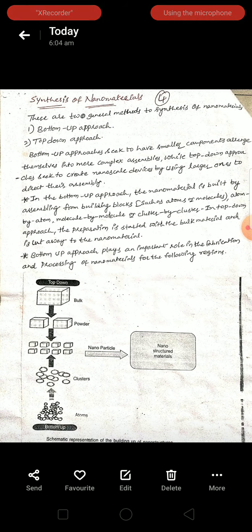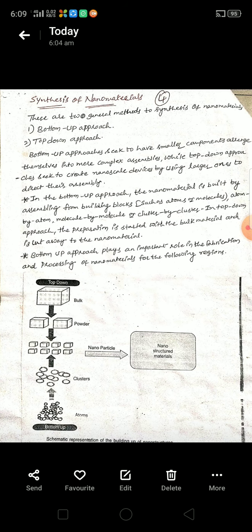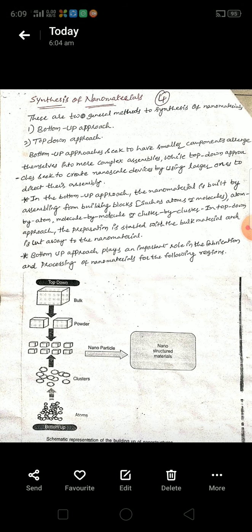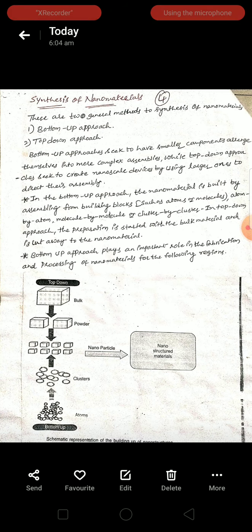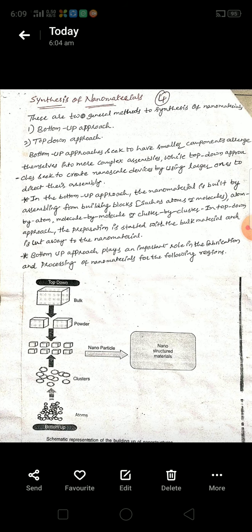Nano is derived from the Greek word dwarf. Dwarf means extremely small particles. That's why we call them nanomaterials, extremely small particles. Now the definition of a nanomaterial: it is the material